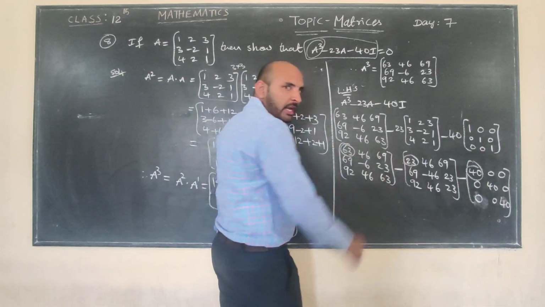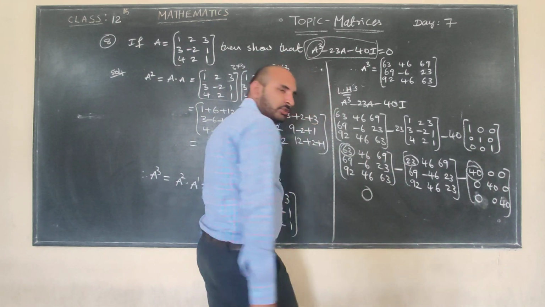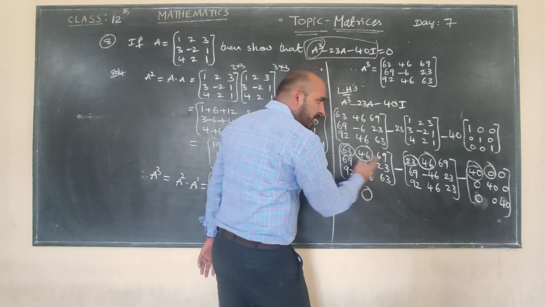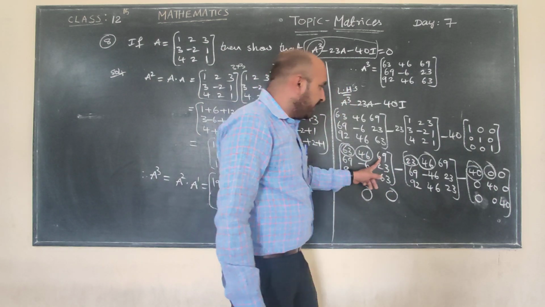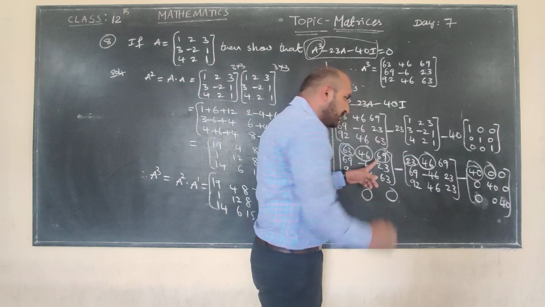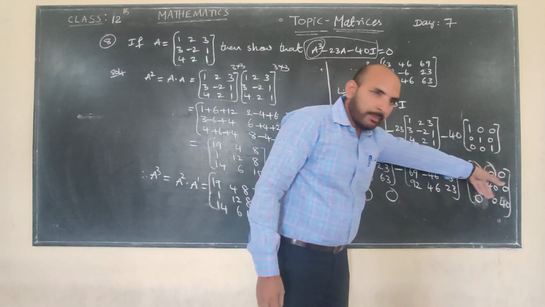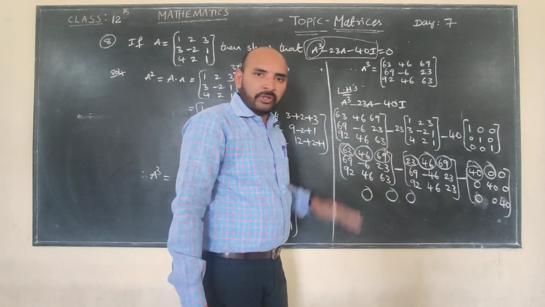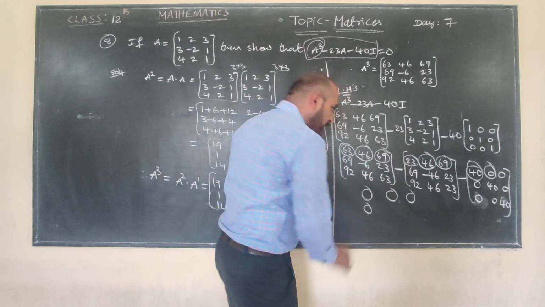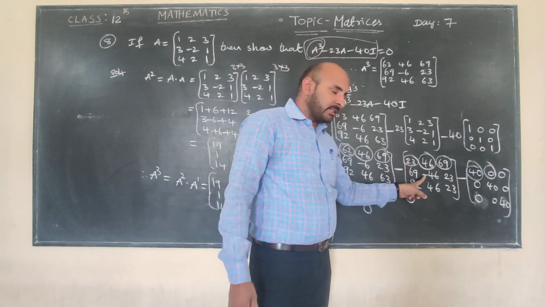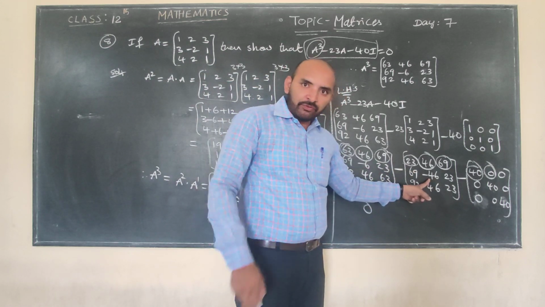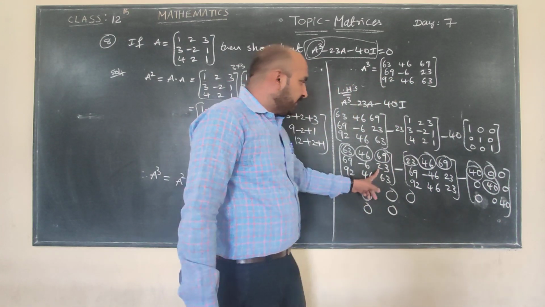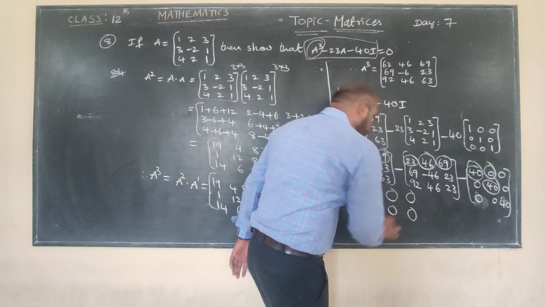63 minus 23, that value is 40. 40 minus 40, that becomes 0. Next, second element, here second element, here also second element. 46 minus 46, that is clearly 0. Now, first row third element, 69 minus 69, both are cancelled, that is 0. Now second row, same procedure. 69 minus 69, that is clearly 0. Minus 6, minus into minus plus. So minus 6 plus 46, that is plus 40. Plus 40 minus 40, that is equal to 0. 23 minus 23, this becomes 0.